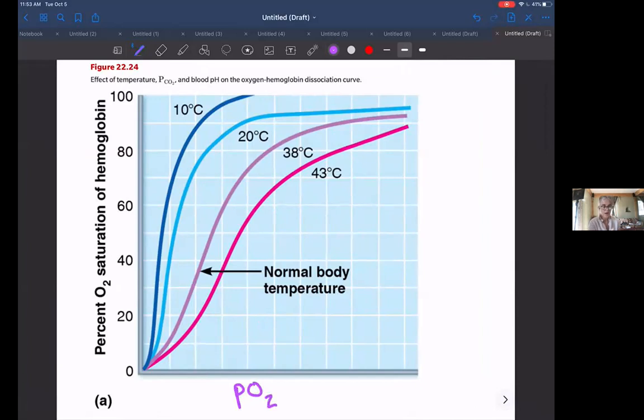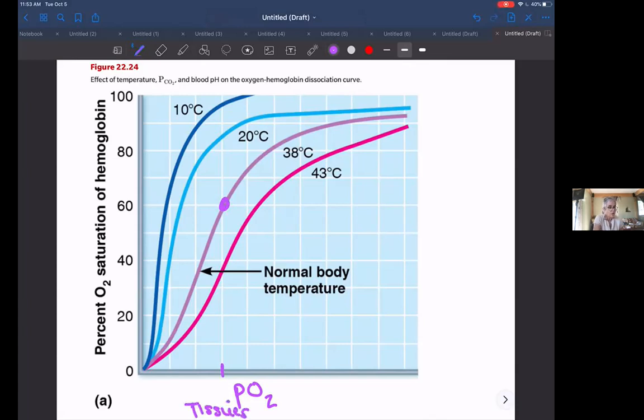So that's partial pressure of oxygen. We can see here that under normal body temperatures, we have this curve here. That would be 38 degrees Celsius, or 98.6 degrees Fahrenheit. When my partial pressure is low, we're going to have lots of oxygen being released. So my saturation levels, this would be at my tissues,